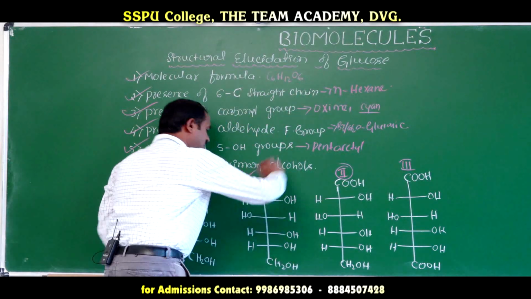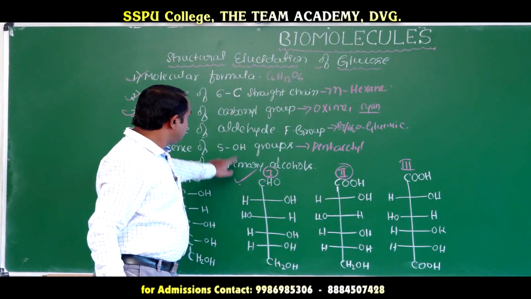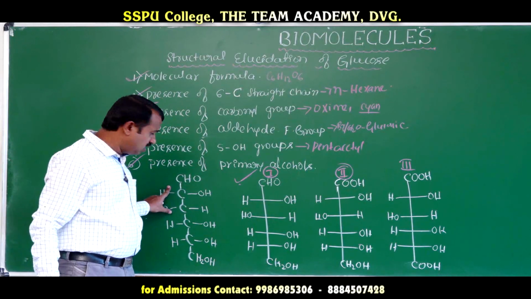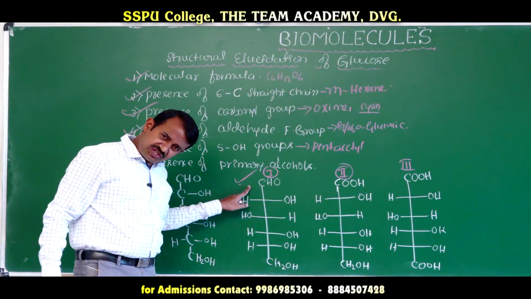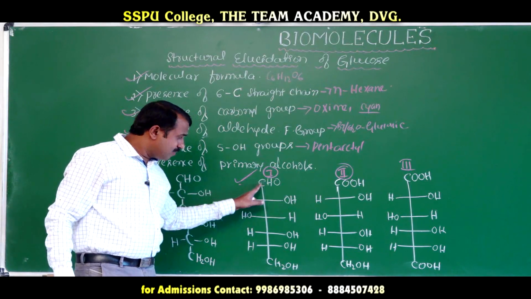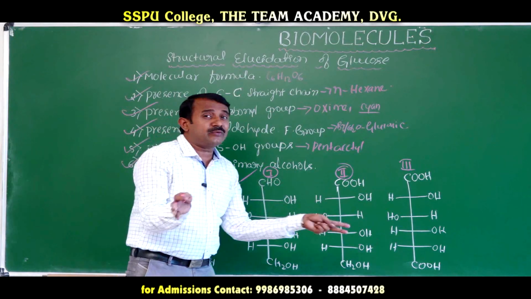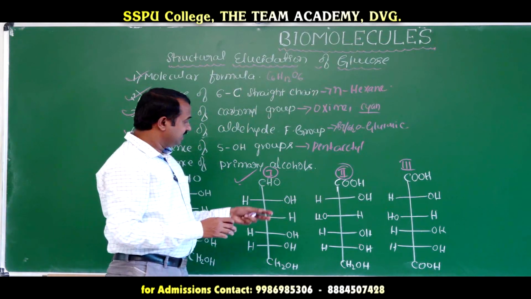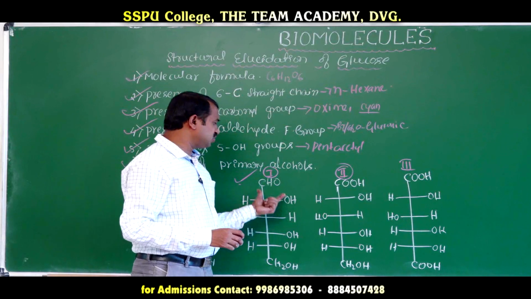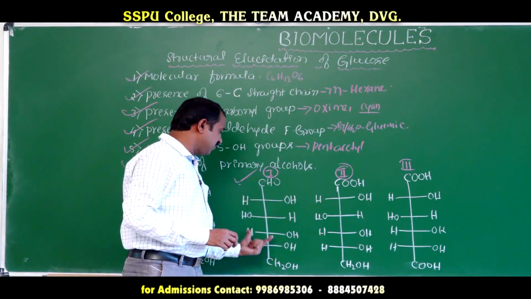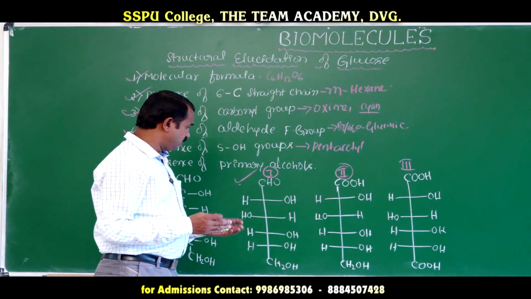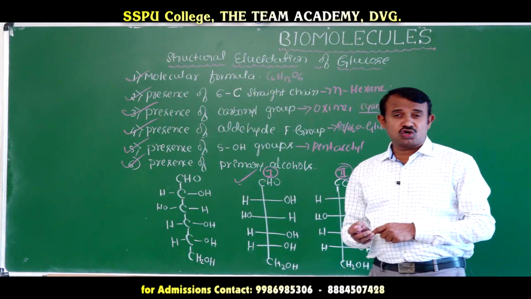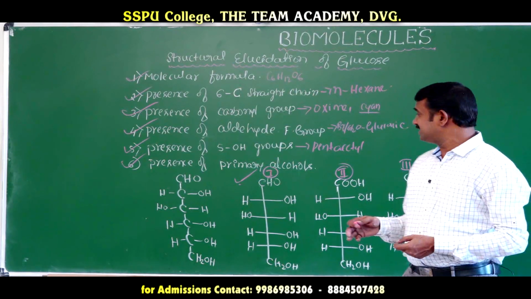The first one is the structure of glucose on the basis of structural elucidation. This is the open chain structure of glucose. This is also the open chain structure of glucose, but in bond representation. We compare it with gluconic acid as well as saccharic acid. It has hydroxy groups and hydrogen on the left and right, giving a configuration that is dextrorotatory and levorotatory. We will discuss this later.